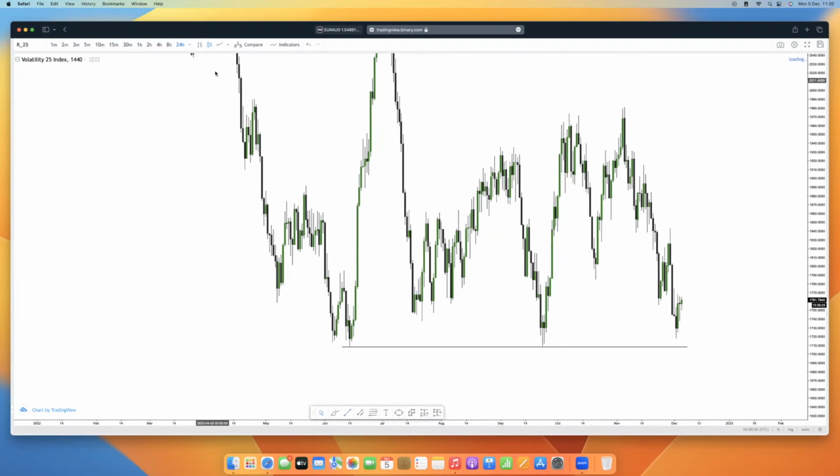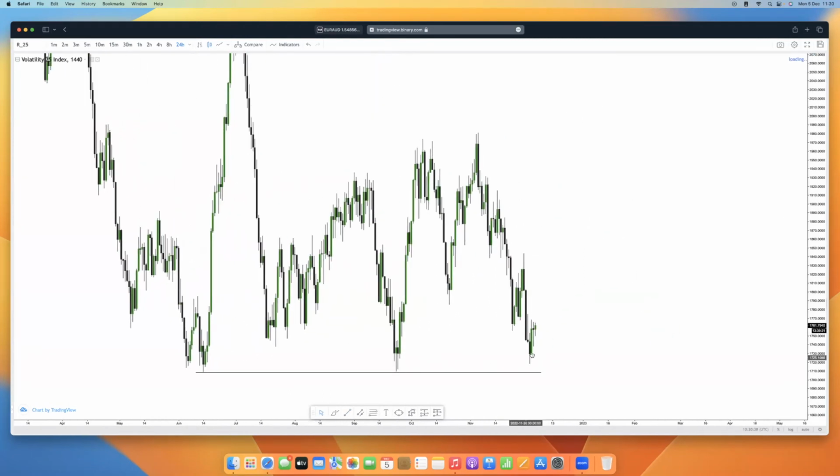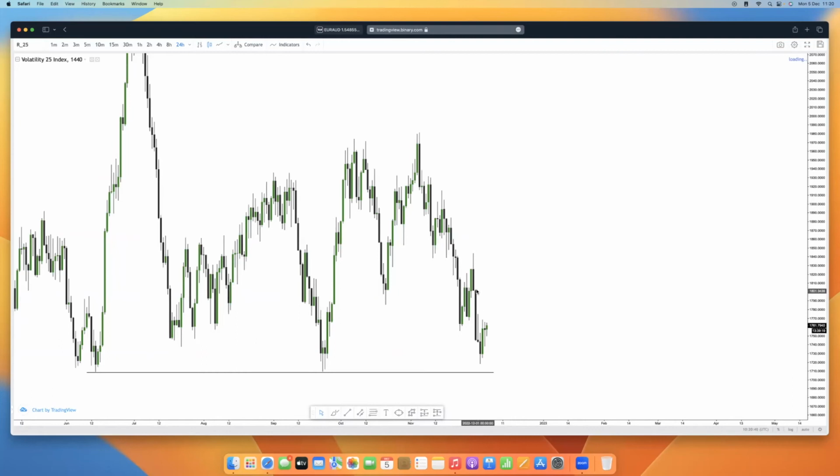All right, so equal lows. Expect some kind of distribution in this imbalance here to go down. So what am I saying? Wait for price to come up, look for distribution, and then catch the retracements, the same range again, play the retest premium to come down. Yes, so that's it. That's what I'm looking at for VIX 25.